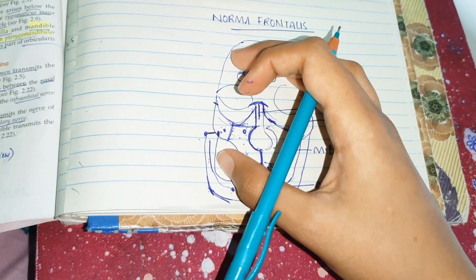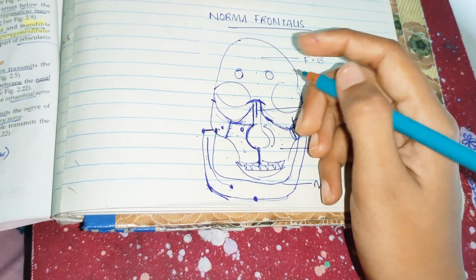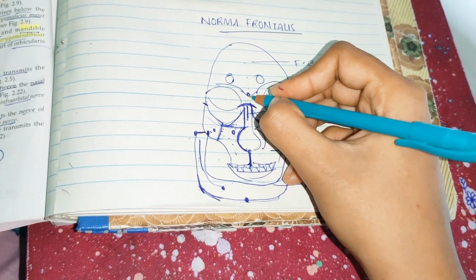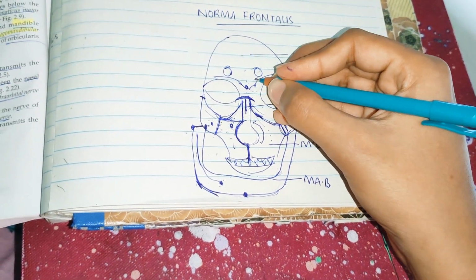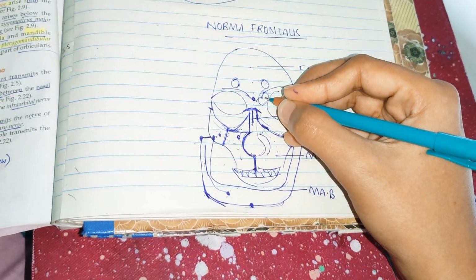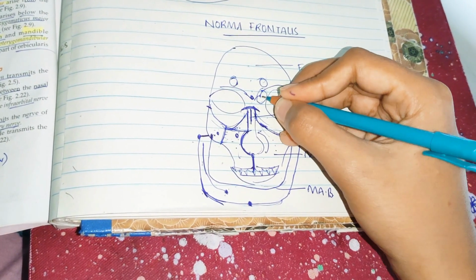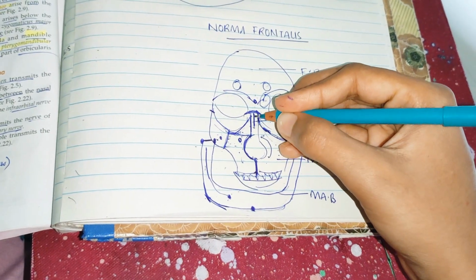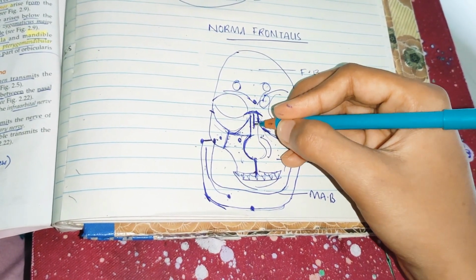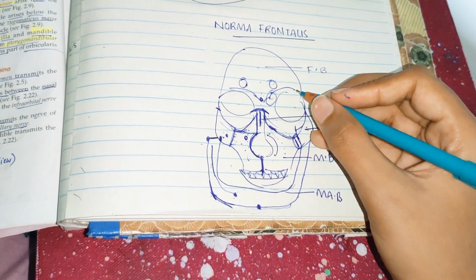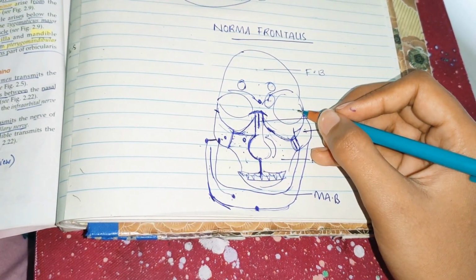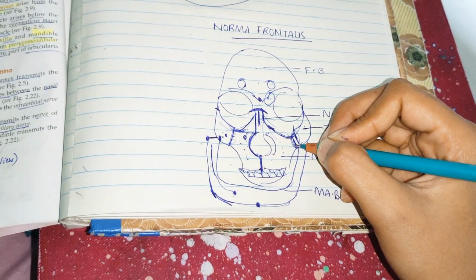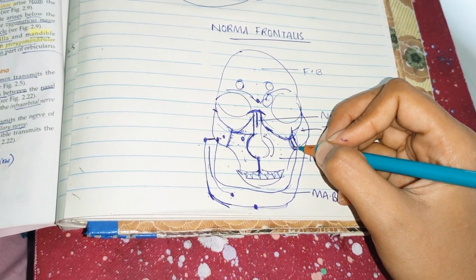Finally, coming to the attachments of norma frontalis, the medial part here has the supraciliary arch. This is the glabella. The medial part of the supraciliary arch gives origin to the corrugator supercilii muscle, and the procerus muscle arises from the nasal bone near the median plane. Next, the orbital part of orbicularis oculi arises from the frontal process of the maxilla, and from the nasal part of the frontal bone.